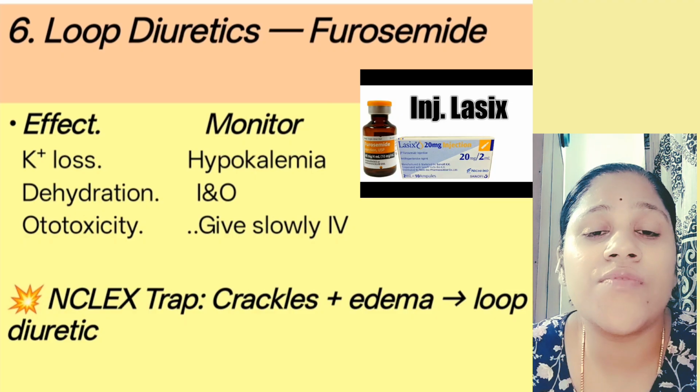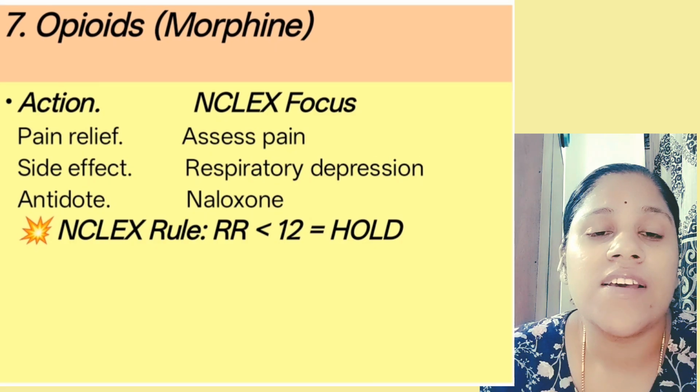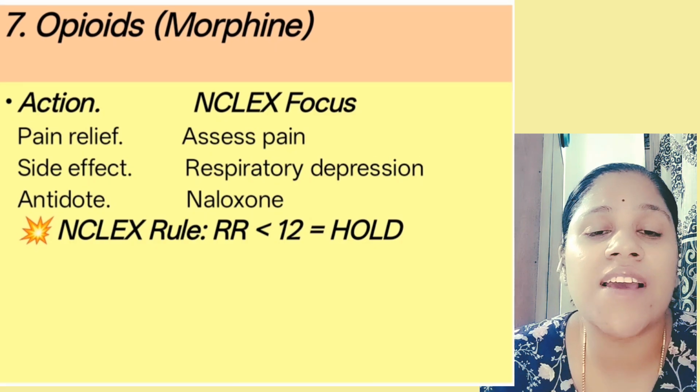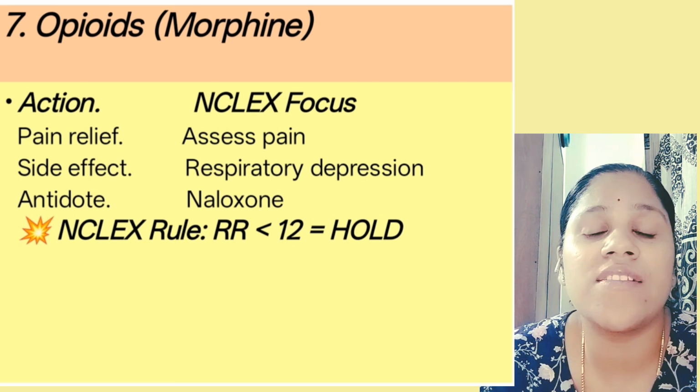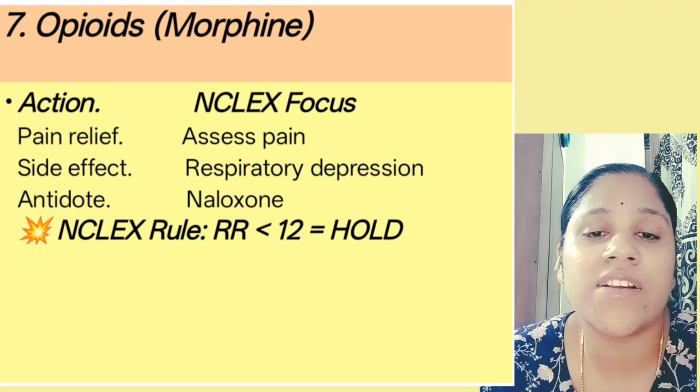Next important drug we need to monitor is opioids. Yes, here we are going to see the drug morphine. The action is mainly that it helps in pain relief. So we need to assess pain, that is the NCLEX point, and it focuses on it. The side effect of this is that opioids can cause respiratory depression. So we need to monitor for signs and symptoms of respiratory depression if the patient is on continued use